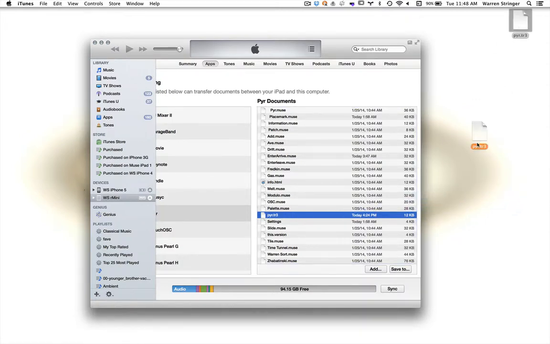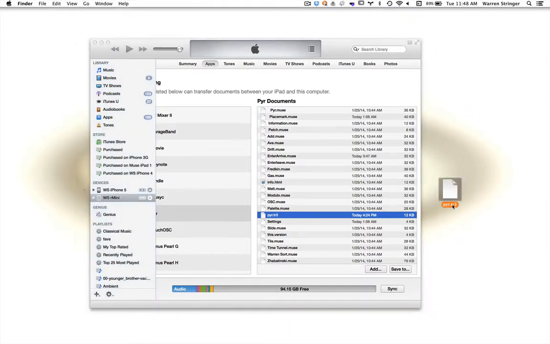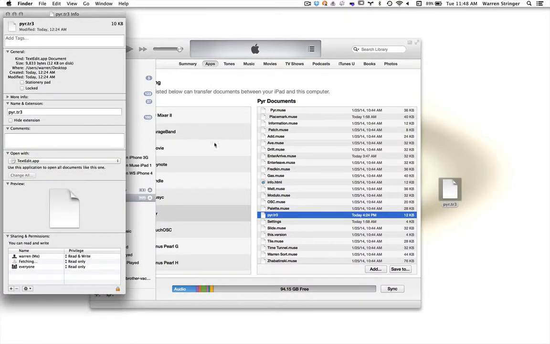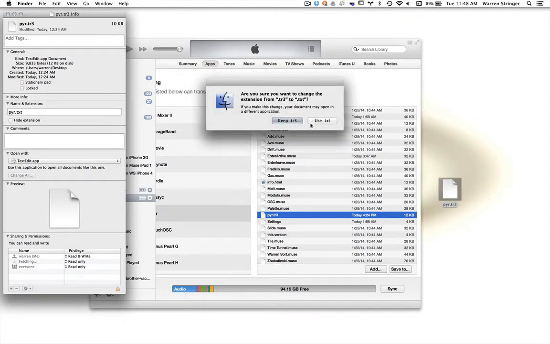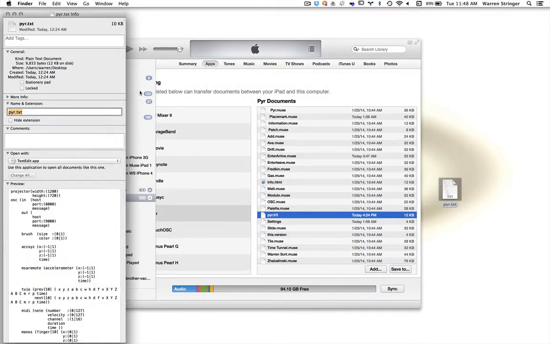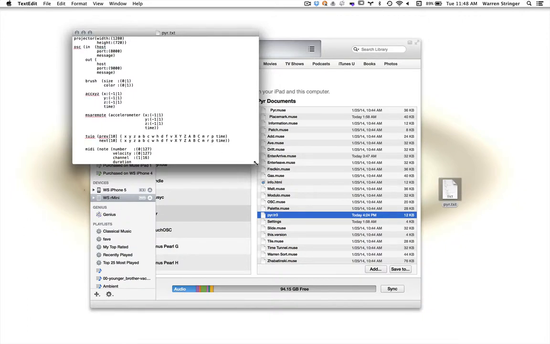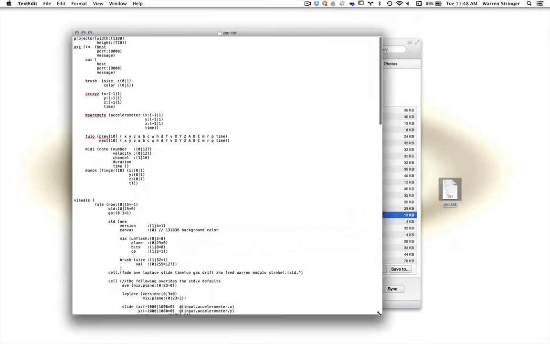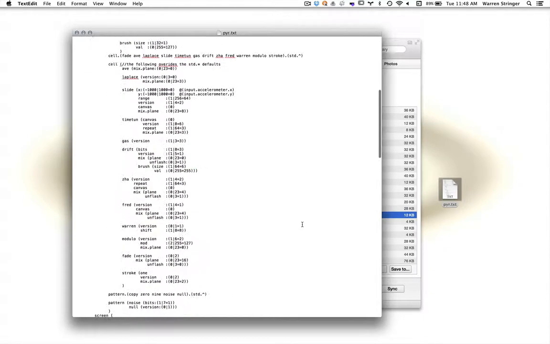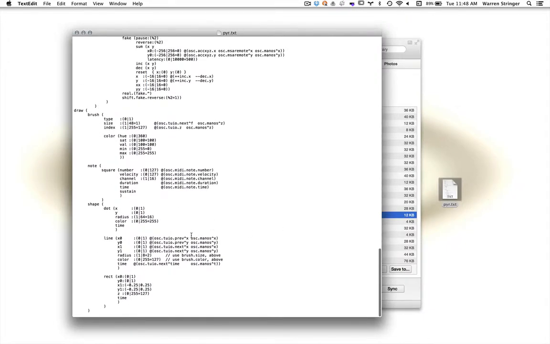Now this pyr.tree file is actually just a text file, so we could rename it as a pyr.text, use text, and now if we double click, you'll see what the app is using to patch together gestures to renderers. So if you scroll down, the example used for the leap motion control, this